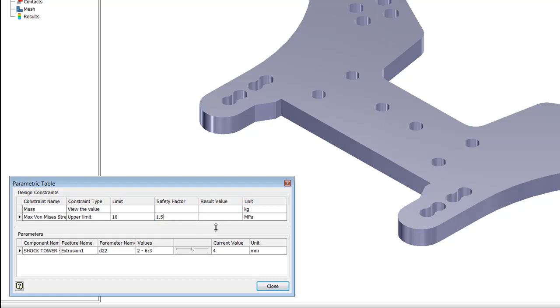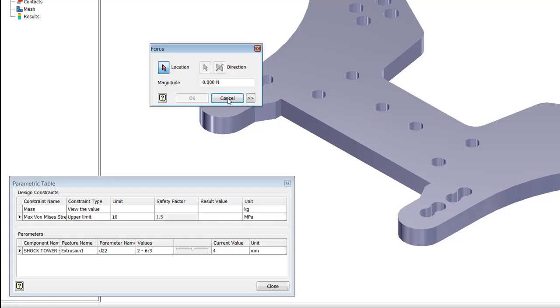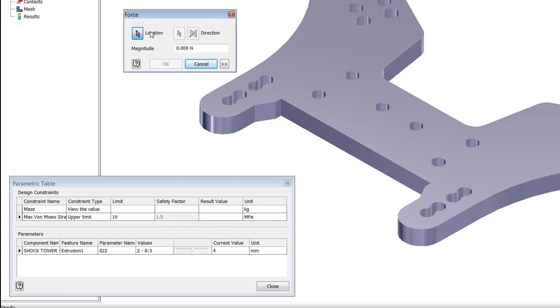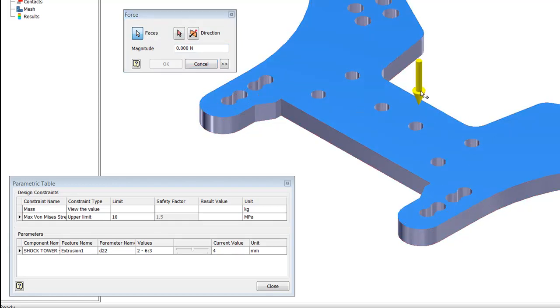The next thing to do would be to place the plate under a realistic load. So I'll click on the force load option here, and the force dialog box is asking me to nominate the location for the load. So I'll click this face here and set the magnitude of that load at 10 newtons